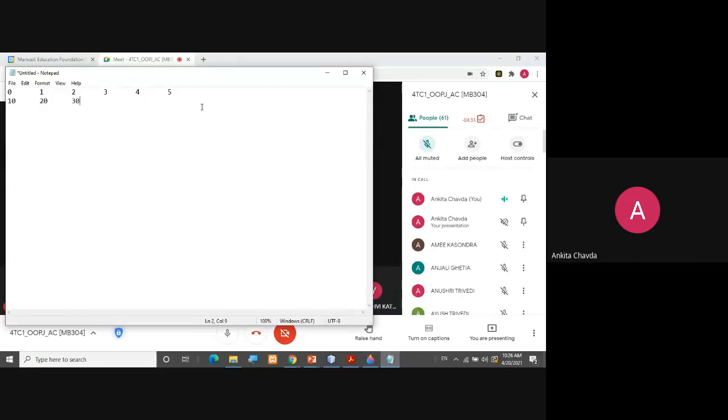I'll write all the elements first, right? And if you remove this 30 from the second index, this 30 will be removed, but the second index should not be empty, very obvious. So you have to shift this 40, 50 and 60. All the rest of the elements you have to shift over here, and now the fifth index will be empty and you can add more elements. So this is what is needed every time, right?